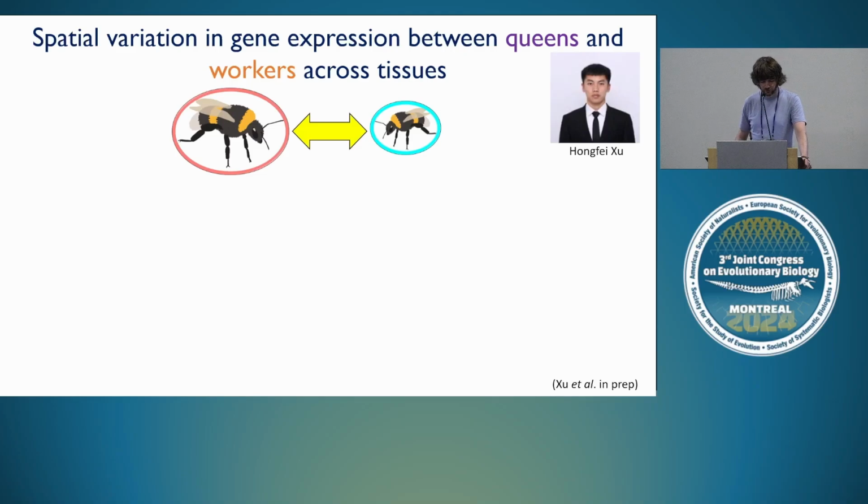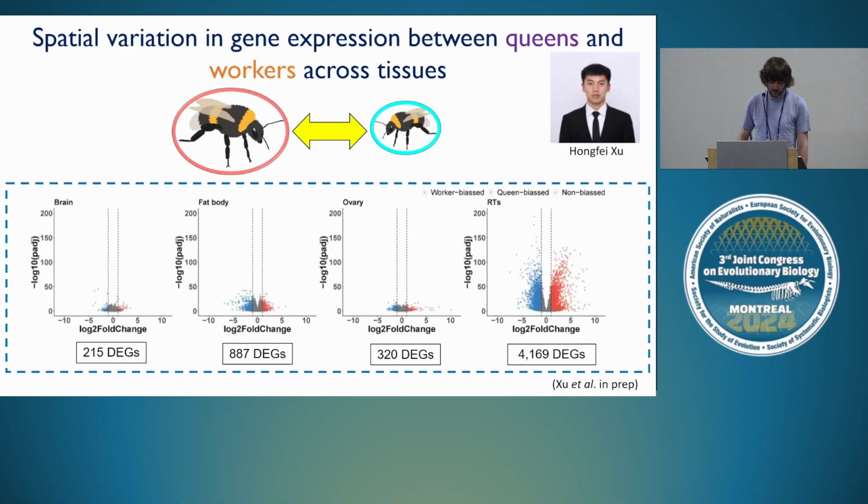Similarly, you can also control for factors such as age, and now using this experimental data set, we can actually account for reproductive differences as well. What we did was, and this is work performed by Hongfei Xu, a PhD student in Mainz, he was looking at these 4 different tissues that we generated through this study. And here he was just looking at, well, what are the differences between morphs if we want to compare queens